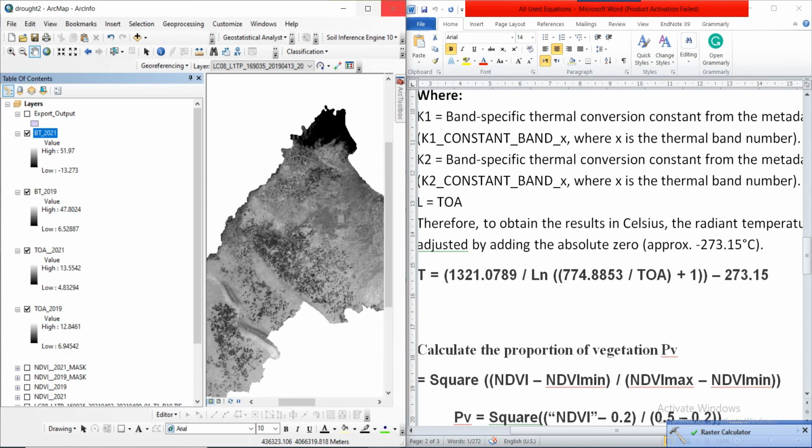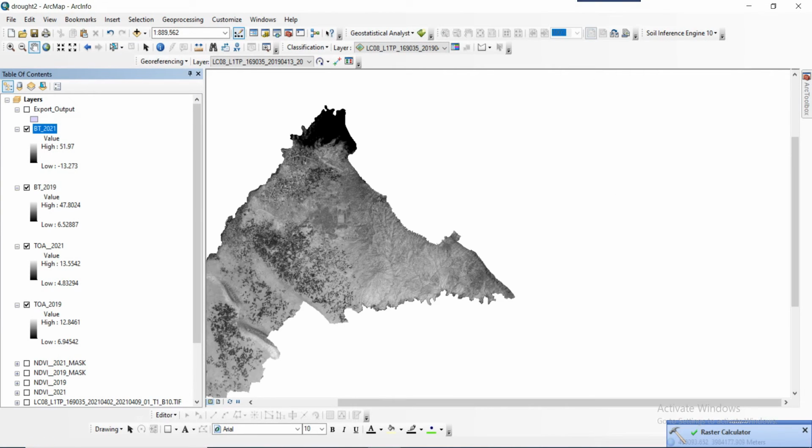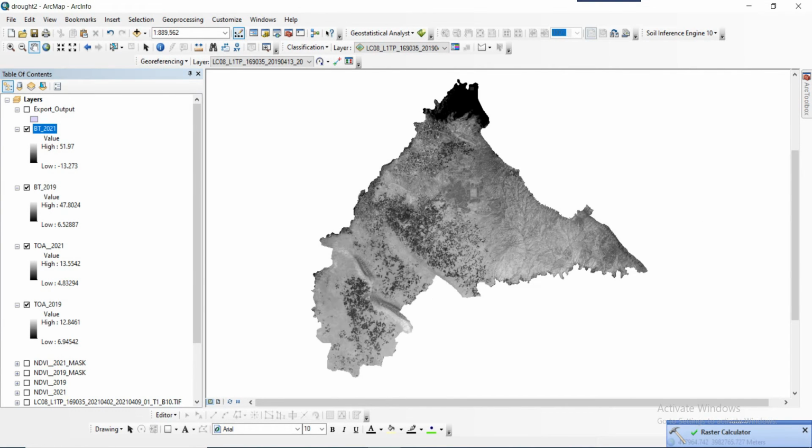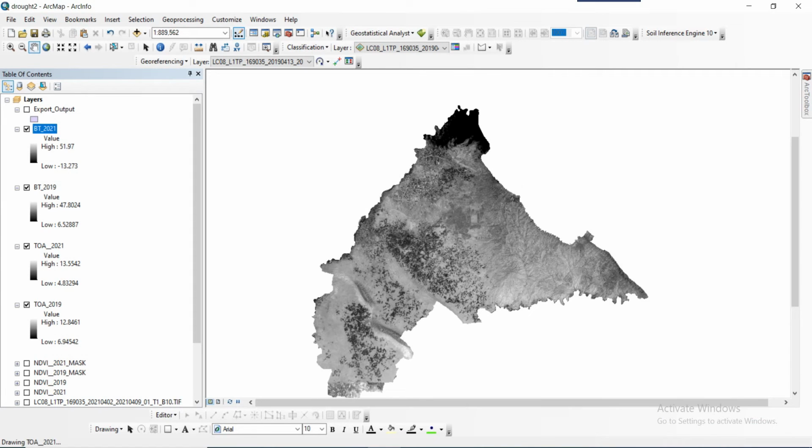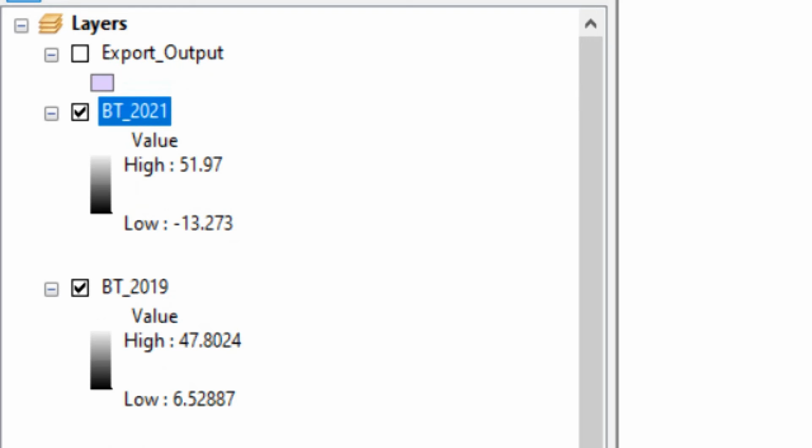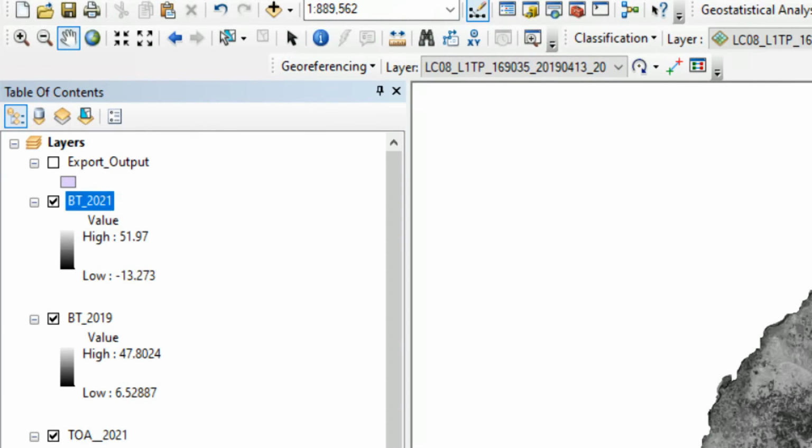Yeah, so if you notice, we have the brightness temperature for the two years 2019 and 2020. If you notice, the values right here in the BT, or brightness temperature, of